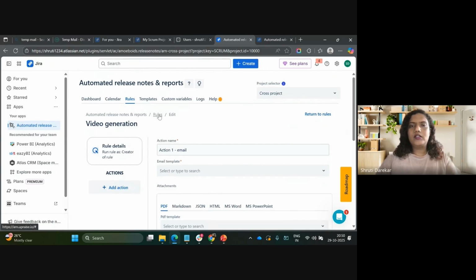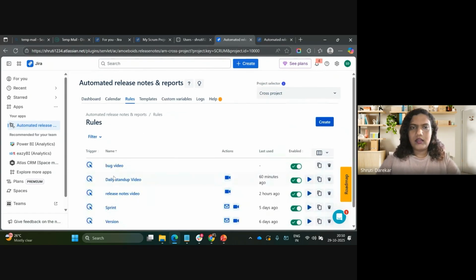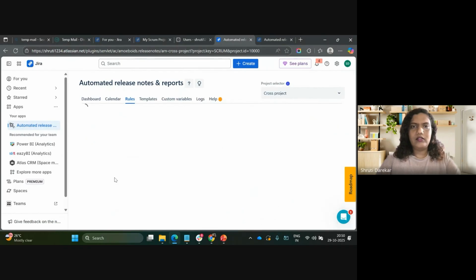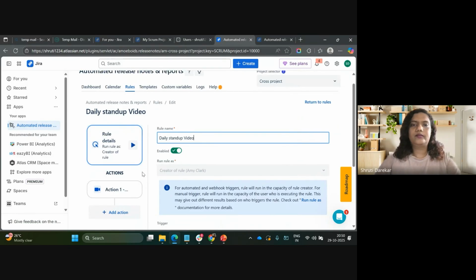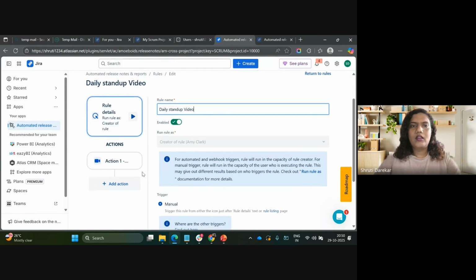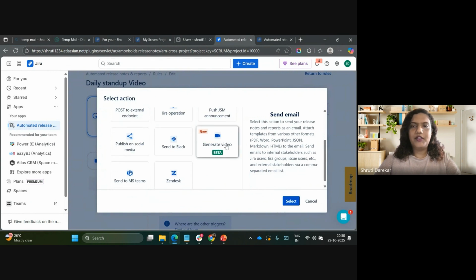So let me just go back and show you a rule that is already created. Okay. So what I did here, once the rule was created, I just went to add action and clicked on generate video.